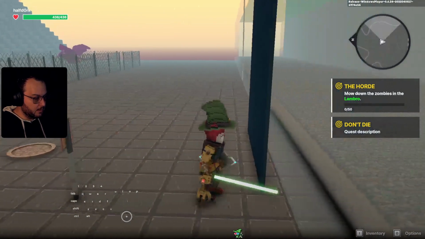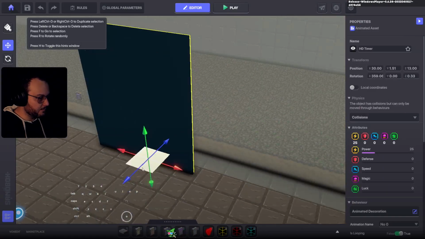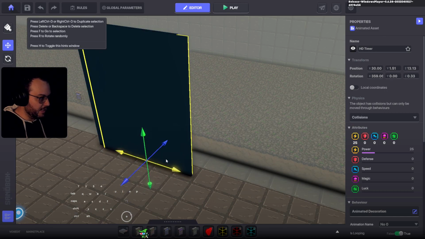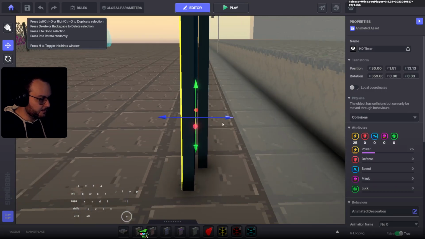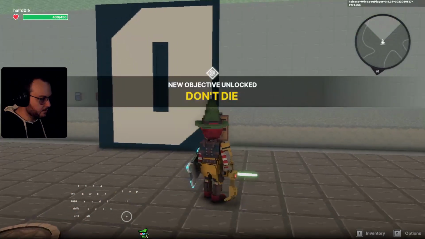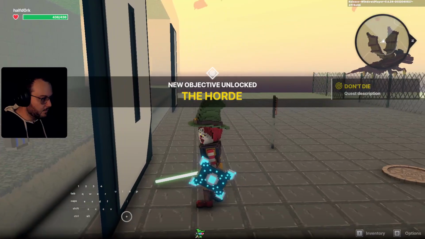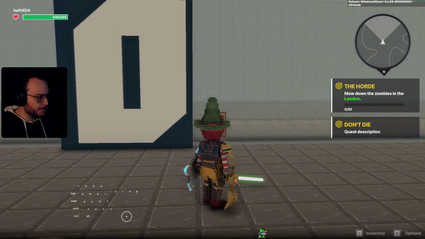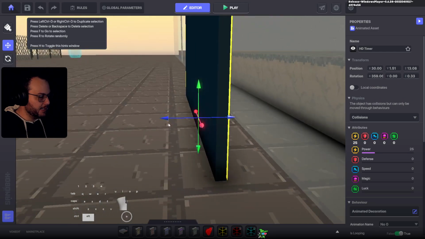Or I can stagger it to where it's like 1 in front. Let me just see how this looks. So basically doing the same thing but in reverse. That's something. The only difference is